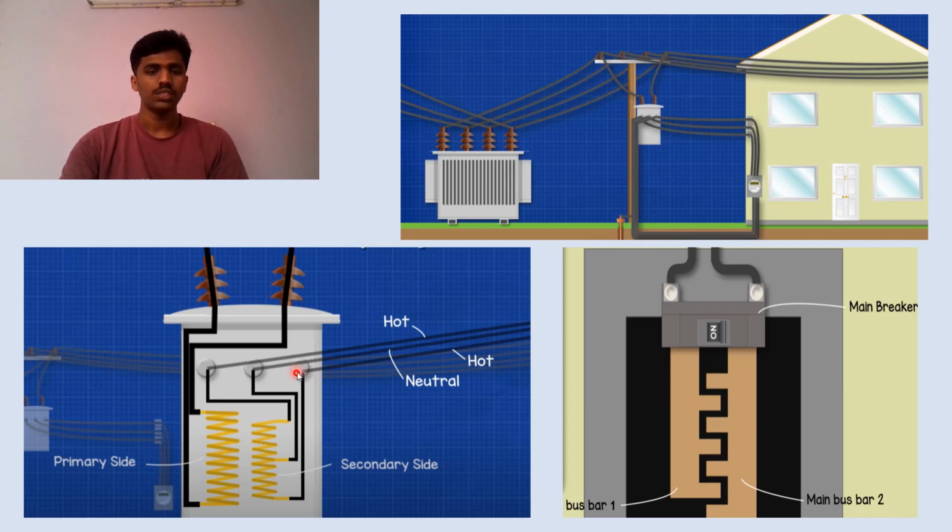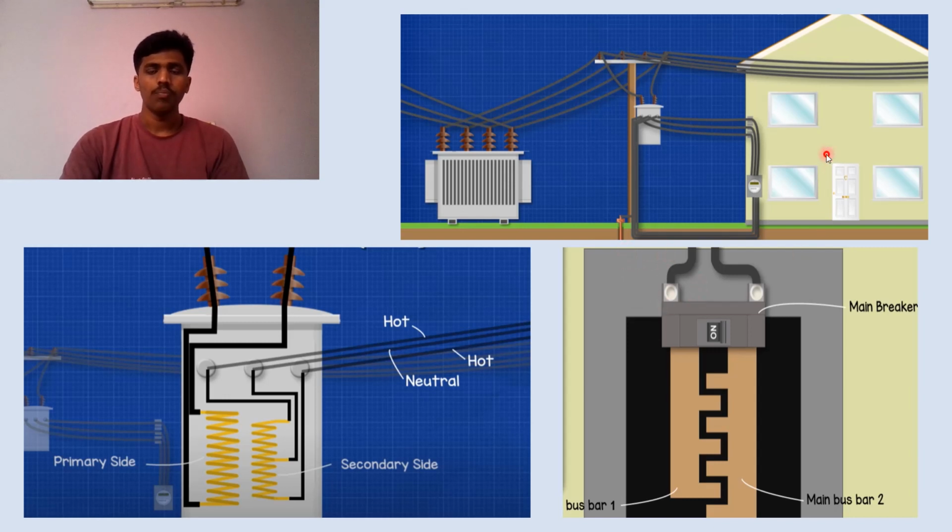So this step-down transformer consists of two windings. One is the primary winding, which is connected to the power station, and the other is the secondary winding. And the secondary winding consists of two hot wires and a neutral wire. And this wire is connected to the electric meter, which quantifies the amount of electricity that we consume, and the electric company uses this meter reading to invoice the property. And the cable which is taken from the transformer may come from overhead or underground.